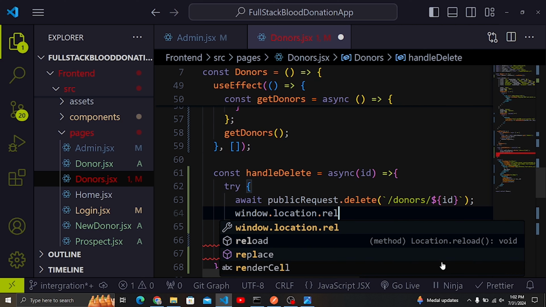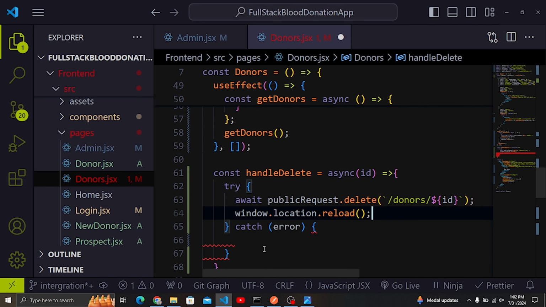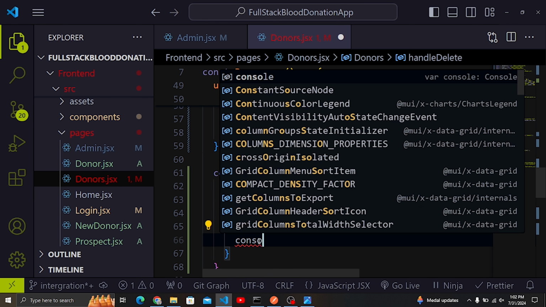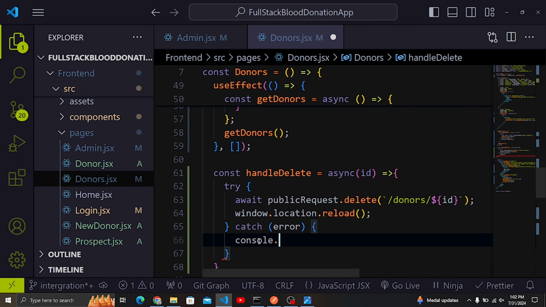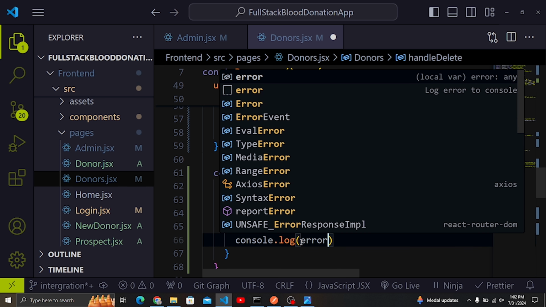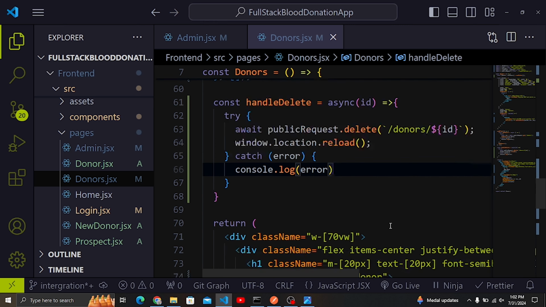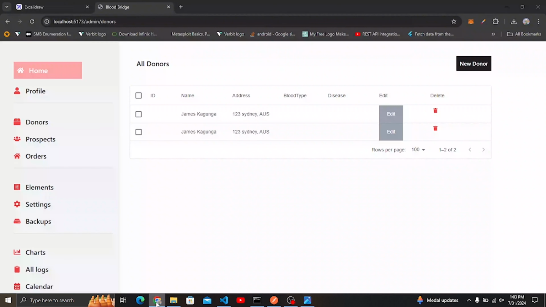If you want to reload that page, like that, here I can console log like that. And here, you can also use toast to show that you have already deleted that donor. So here I'm going to add this error like that. After that, now I can try and maybe reload again first of all,